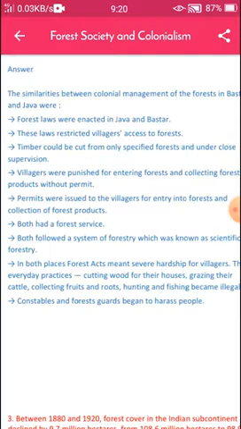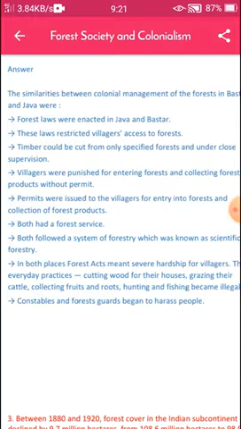Fifth point, permits were issued to the forest villagers for entry into forests and collection of forest products.